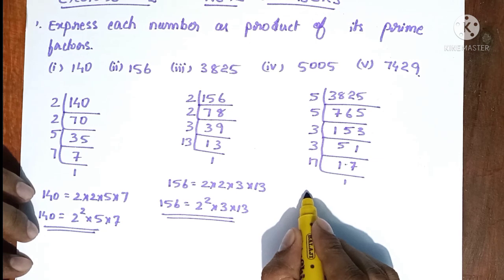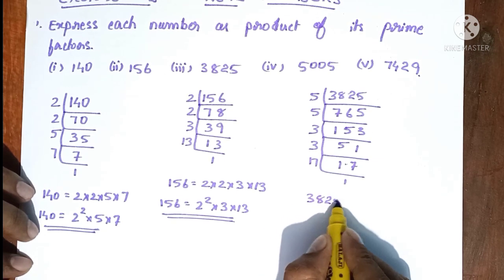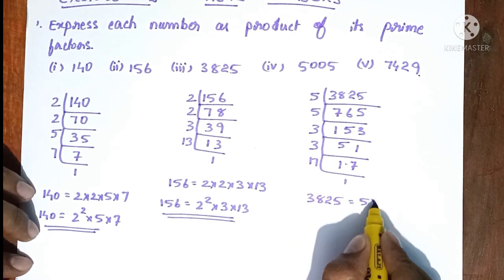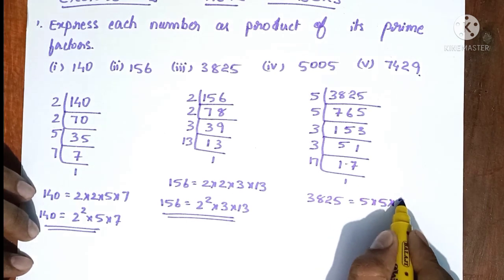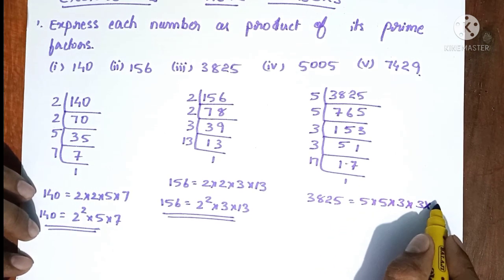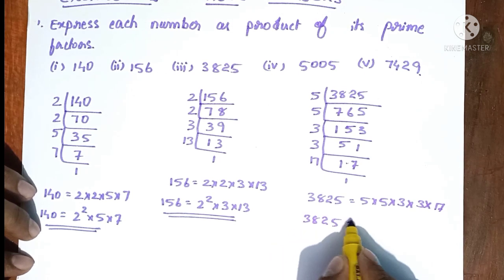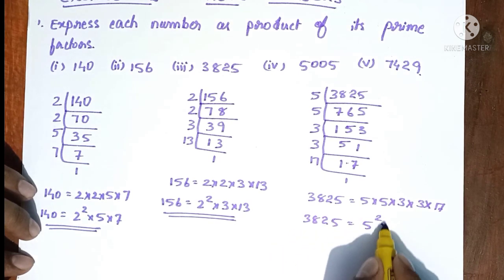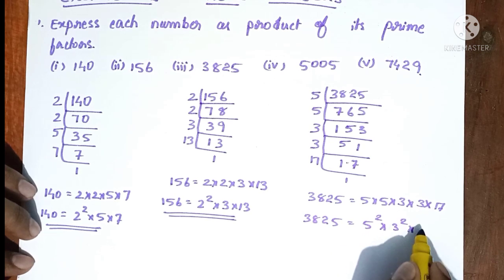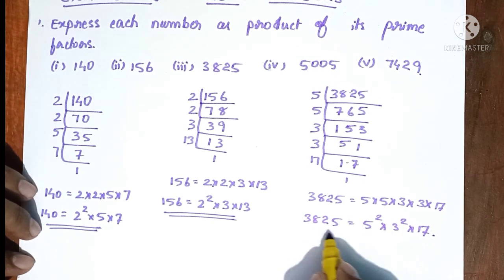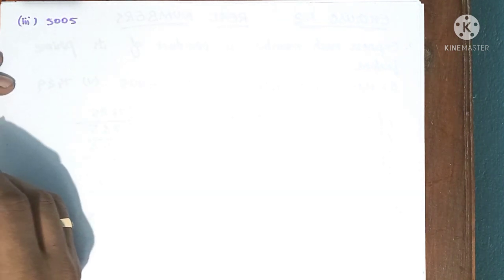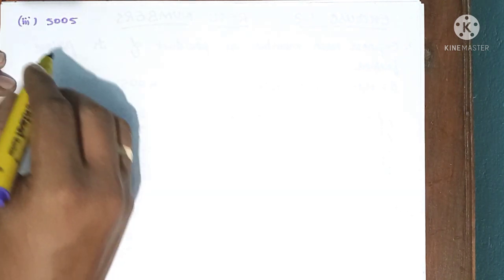So we can write 3825 is equal to 5 into 5 into 3 into 3 into 17. That means 3825 is equal to 5 square into 3 square into 17. Okay, now let's see question number 3. 5005. We have to